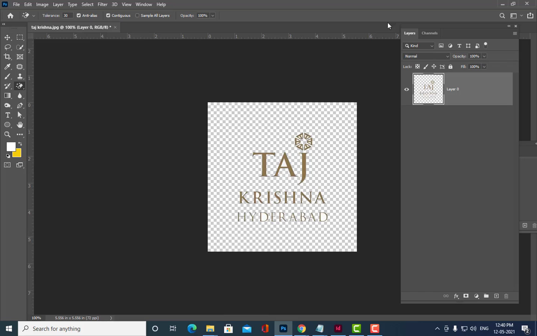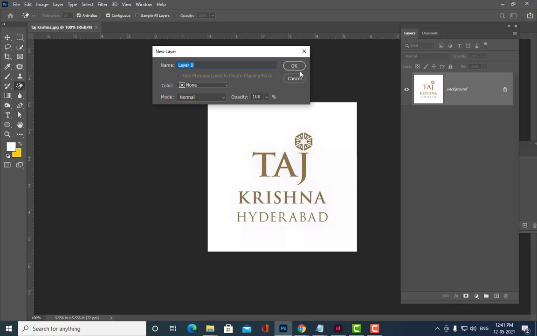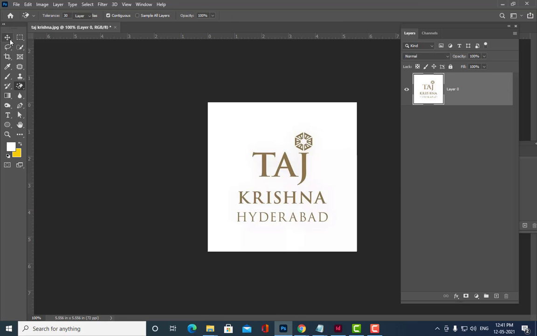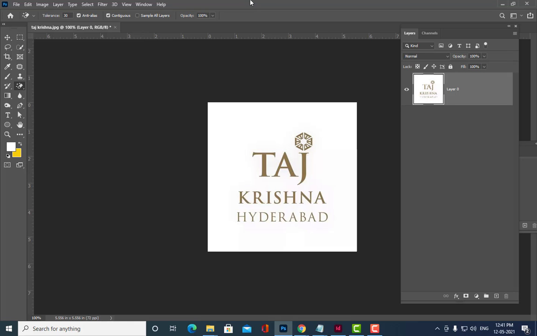Anybody can tell? I think all of you know Photoshop, right? Yes, sir. I want to remove the complete white color. So Magic Eraser. But if I use Magic Eraser, see what happens. Still there are some white colors inside this D. Once again I have to do it separately.